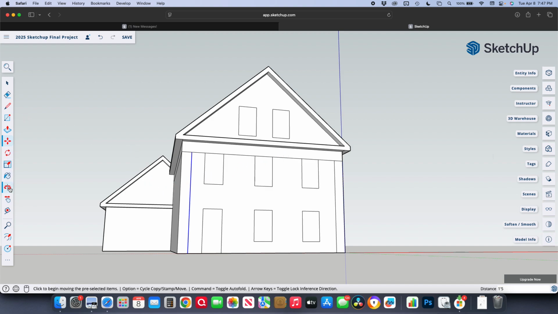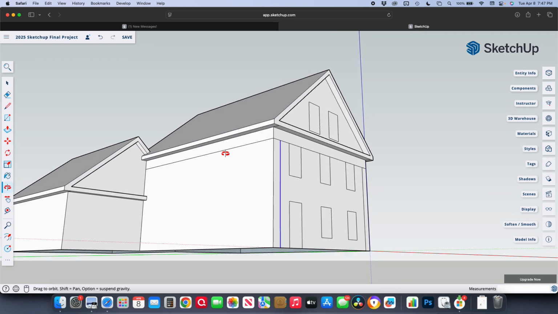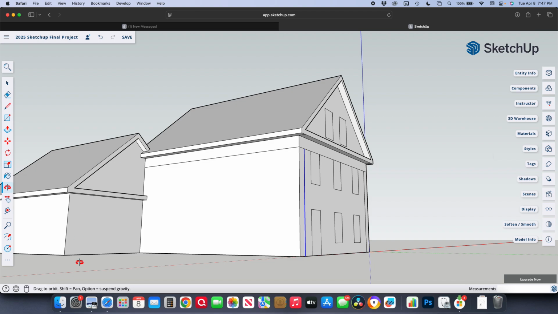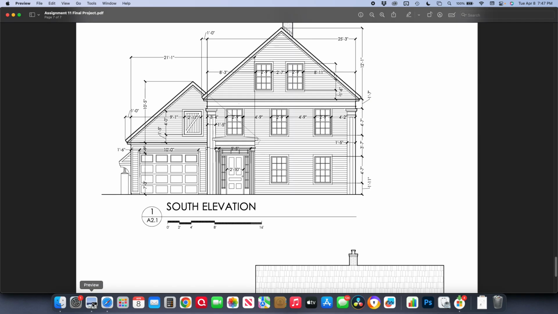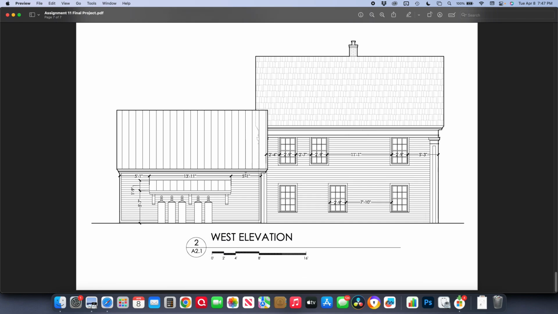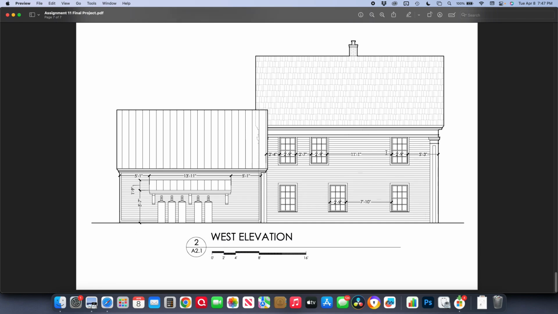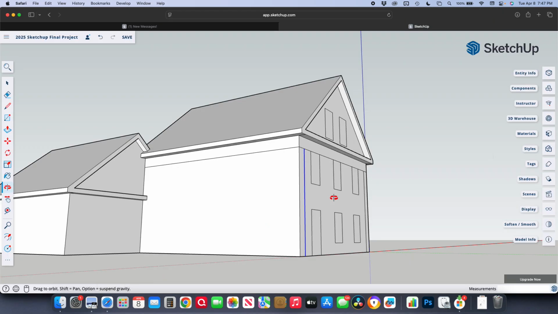Now I'm going to orbit again. Let's start working on the other side. Going to the elevation. I'm now going to my side elevation, and I've got to do these windows. Well, the height, it doesn't say it, but it's the same height as the front windows. So we know that from the front, and we've got to figure out the spacing. Now, an easier way for me to do this is, rather than measuring a lot of stuff, I would draw a line from the tops and bottoms of these windows